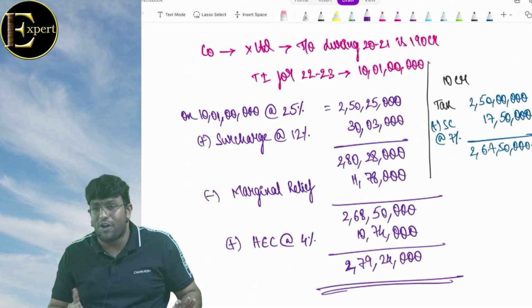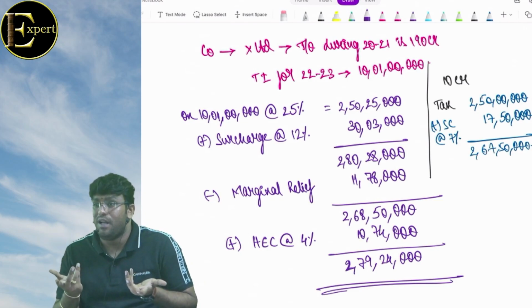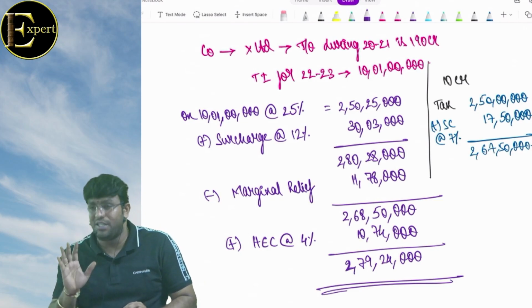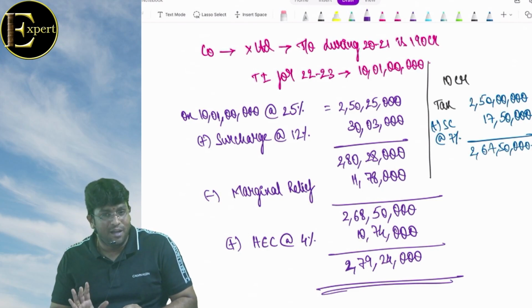बराबर है ना? If relief would not have been there, you would have ended up paying more tax than your income, no? अरे भाई, कमा रहे एक्स्ट्रा 1 लाख रुपए और तुम टैक्स बोल रहे कि 12,78,000. Man, that is too much, no? You are paying more than what you earn. एक काम कर, जितना एक्स्ट्रा तू कमाया 1 लाख, हमको दे दे.